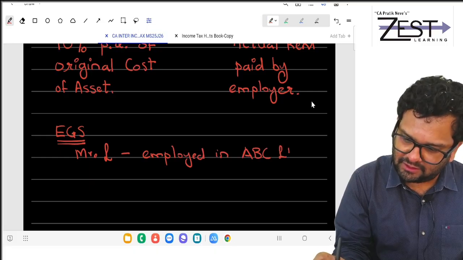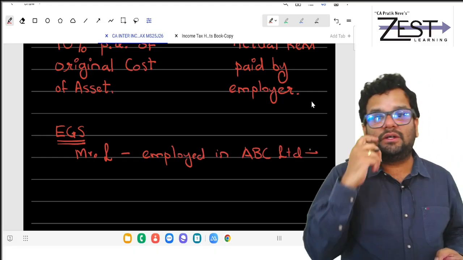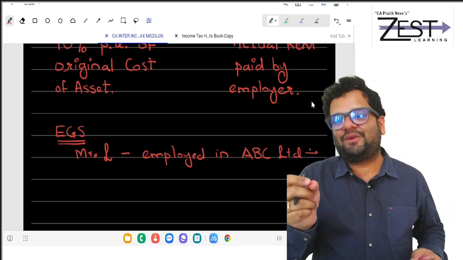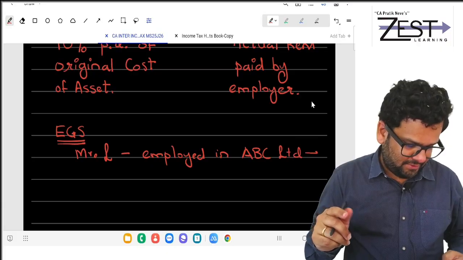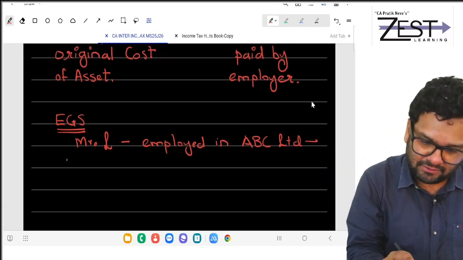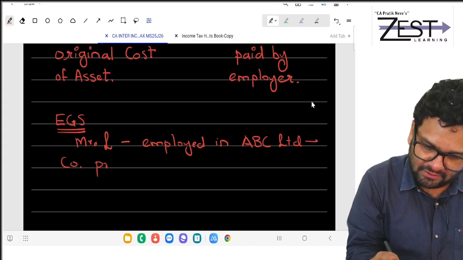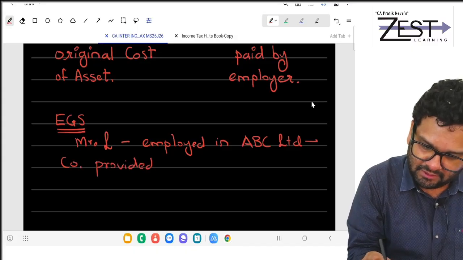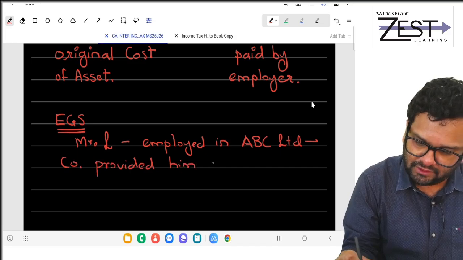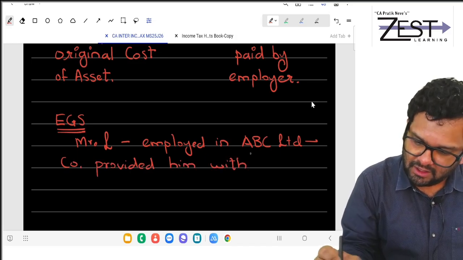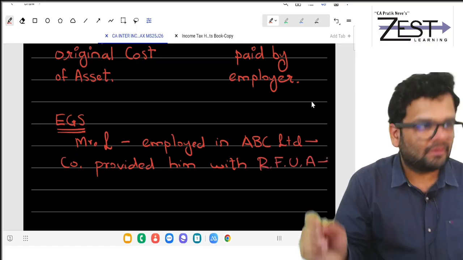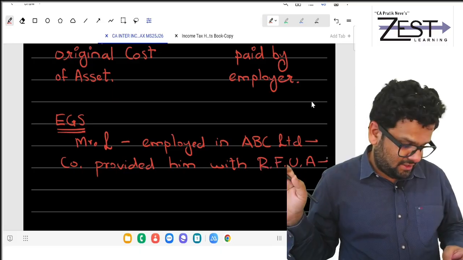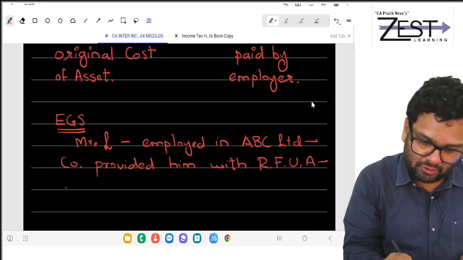ABC Limited also matters. That means you understand, not a government employee. So he is employed in ABC Limited. Company provided him with, company provided him with what? Our code word. Rent free unfurnished accommodation at